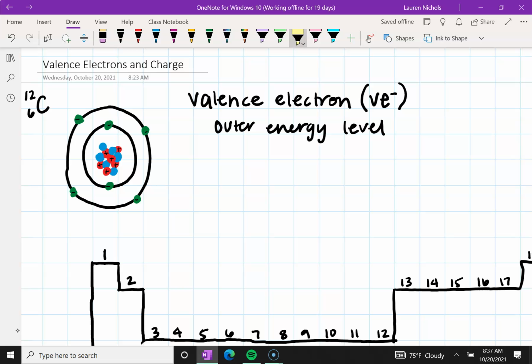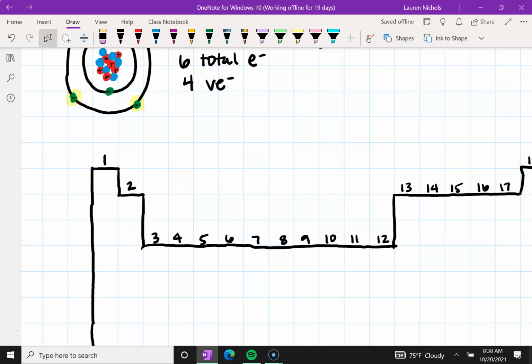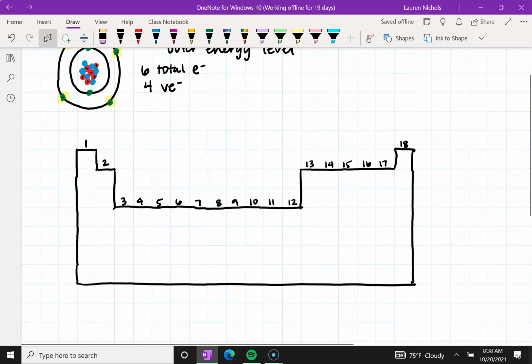Now notice 4 of these electrons are on the outer energy level, and those electrons would be considered the valence electrons. So this atom of carbon has 6 total electrons in general, and only 4 of them are valence electrons. Now, when you're looking at your periodic table, you can identify how many valence electrons there are